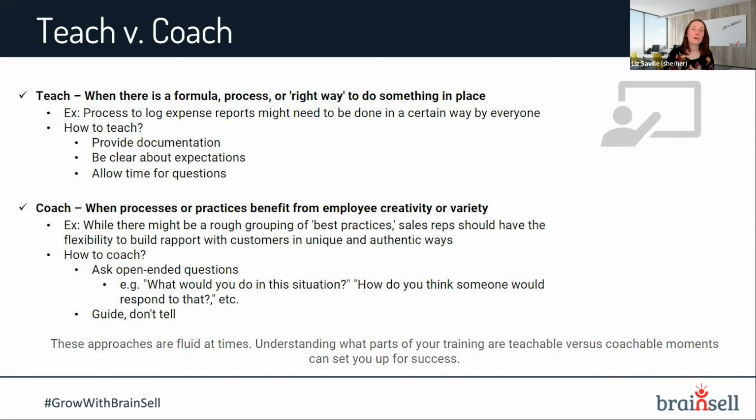For coaching, on the other hand, this is a little bit more fluid, and it's when you have maybe a rough best practice or a general idea of what you look for as an outcome, but there's more flexibility in how to get there. So an example would be a sales training or a sales expectation setting with clients,